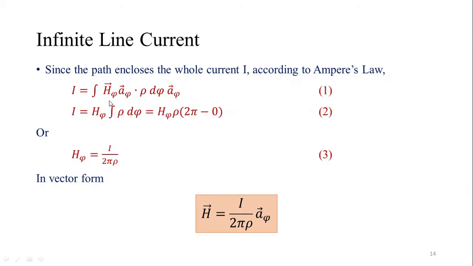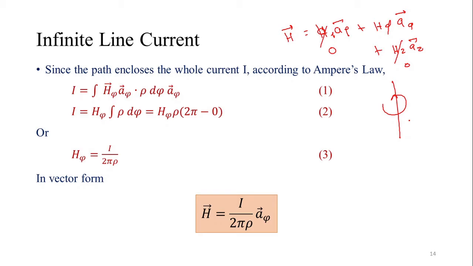vector. So it has only one term in the H vector, that is the a phi vector. So H vector is 0 a rho vector plus H phi a phi vector plus Hz az vector. Here Hz and H rho are equal to 0 because the field is encircling the conductor, that is along the phi vector. So you will have only the phi component. So H is equal to this quantity H phi a phi, and we know that